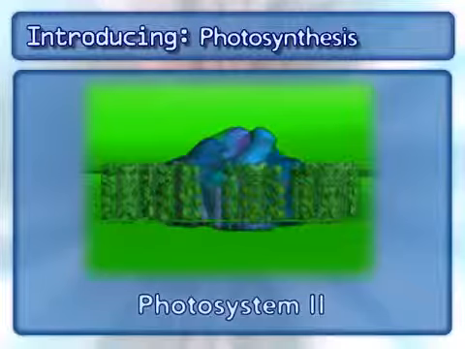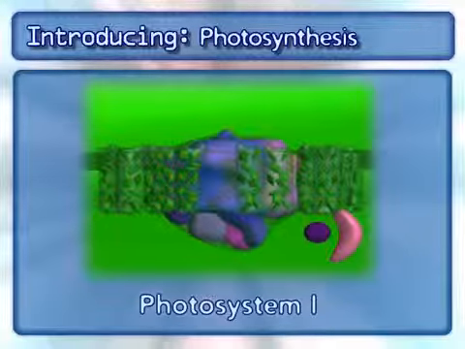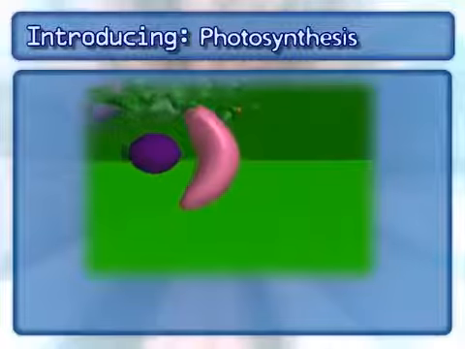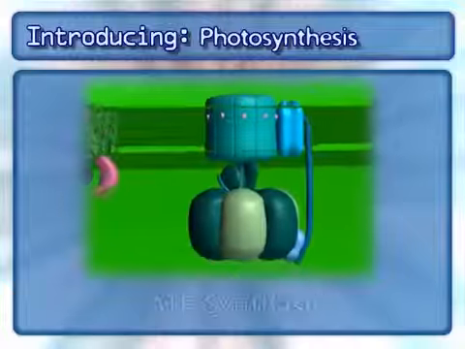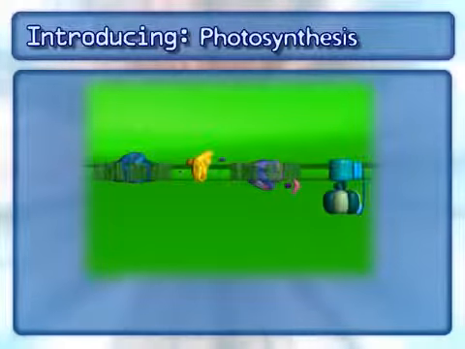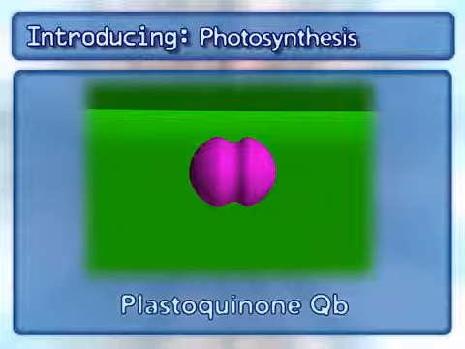photosystem 2, cytochrome b6f, photosystem 1, ferredoxin NADP reductase, and the complex that makes ATP, ATP synthase. In addition to the complexes, 3 mobile carriers are also involved: plastoquinone QB,